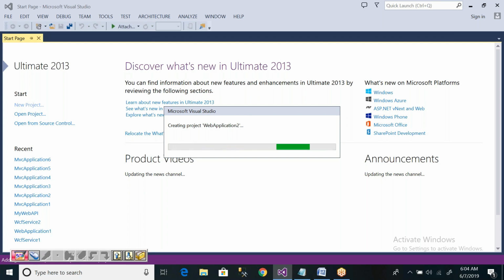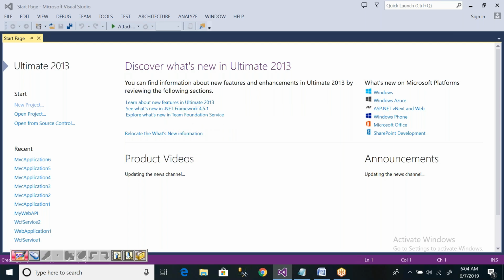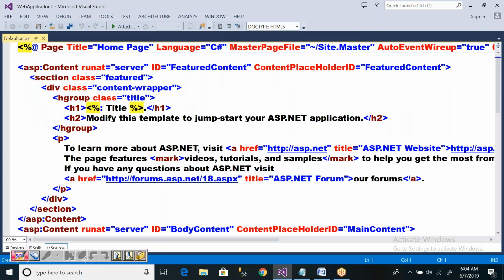There also I will take one web page. Here, remember one important point: the ASP.NET web page extension will be .aspx, but the ASP.NET MVC view extension will be .cshtml. Let me add one web page here.